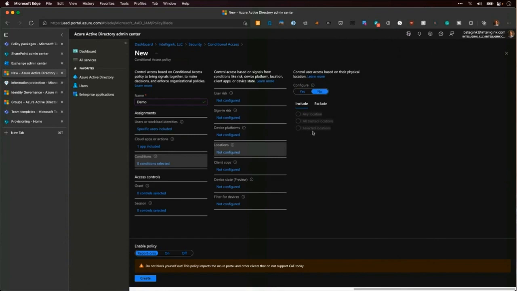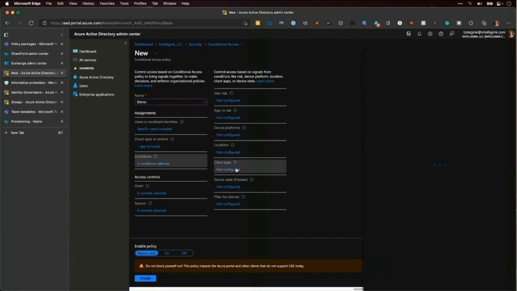Or even based on IP address. You only want users to access your cloud apps from your local office or when they're on a VPN connection. You can actually limit that location down to a single IP address or a block of IP addresses that you know they have to be somehow connected to your corporate network in order to be coming from, and only then can they even access your Office 365 environment.